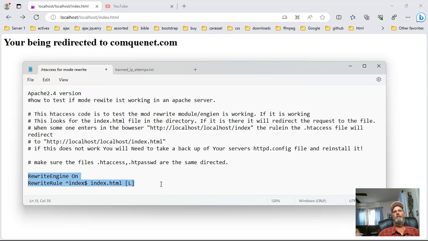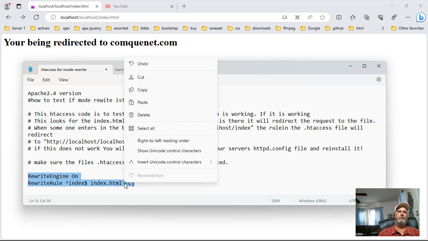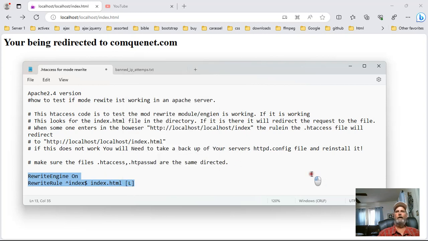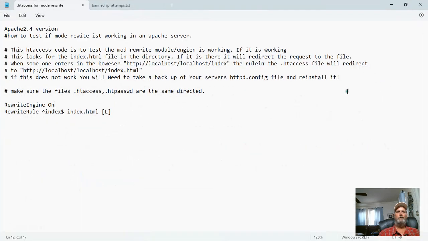Now if it's not working, what will happen is you'll get an error in your web server. It won't redirect, it'll just show an error page. And then what I need to tell you is how to fix the issue. I need this as a reminder. To fix the issue,